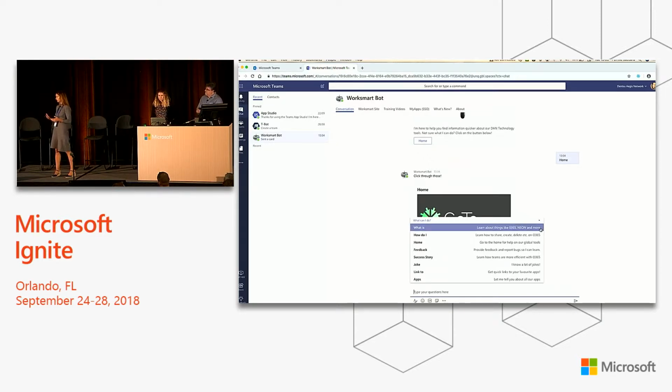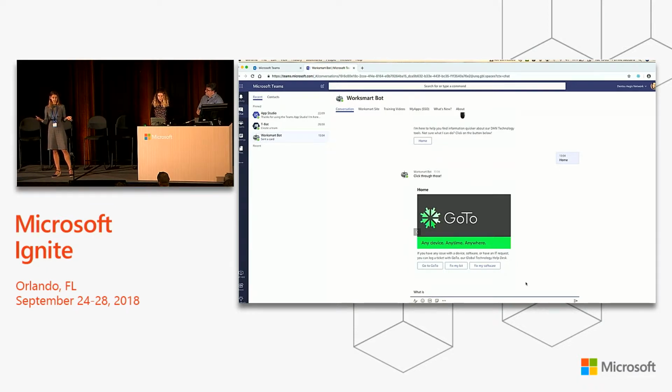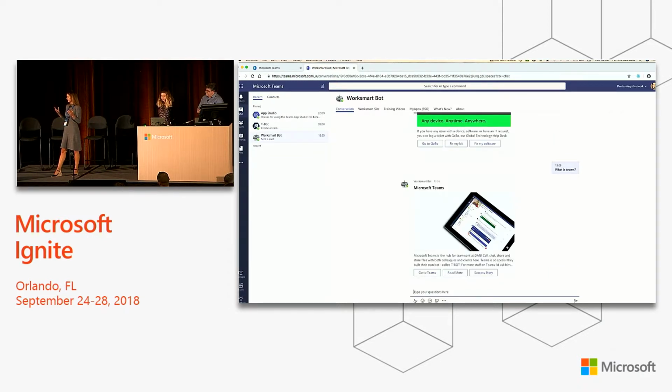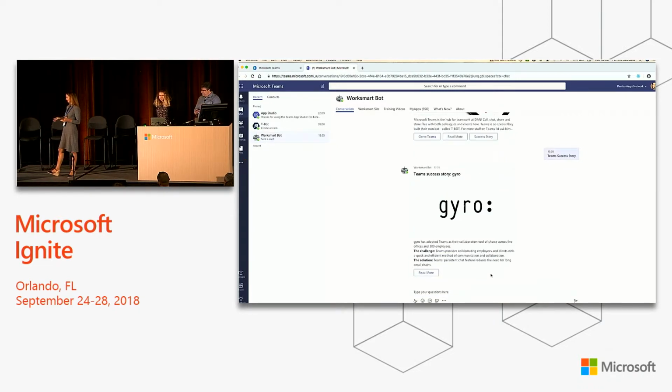So for example, if I want to find out what is Microsoft Teams. We showed you this earlier in the SharePoint site, but now we've got more of a tweet-like consolidated version of what Microsoft Teams is. We've got a link to Microsoft Teams. We've got a link to read more where we found all that content earlier. Or we've got a success story. The reason we have a success story is because, as we said, we have 170 different brands. So how one business works might be interesting to how another business works, and they can learn from each other on what tools are making them more efficient and effective.